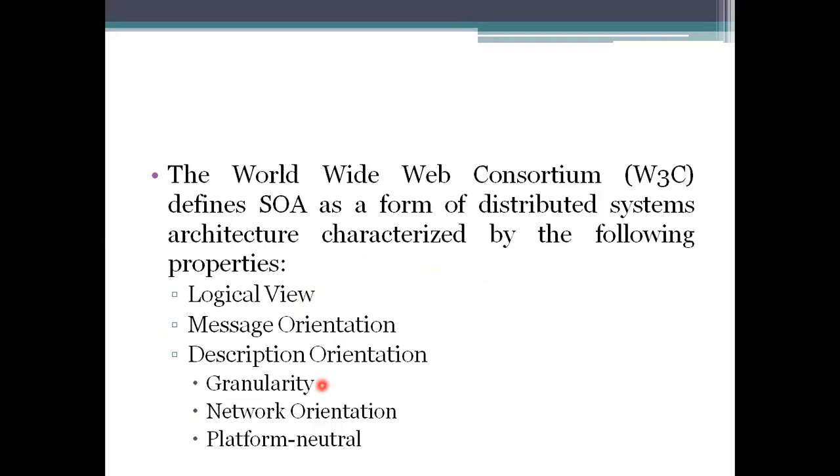We tend to use these services with a small number of operations only. And coming to the next one, network orientation. To avail the service, the network should be available, so the use of the network has to be specified here.